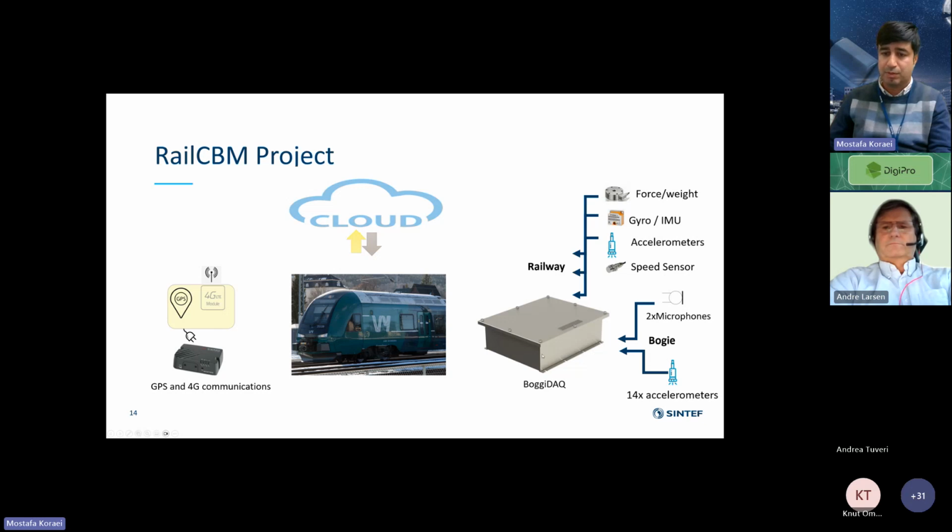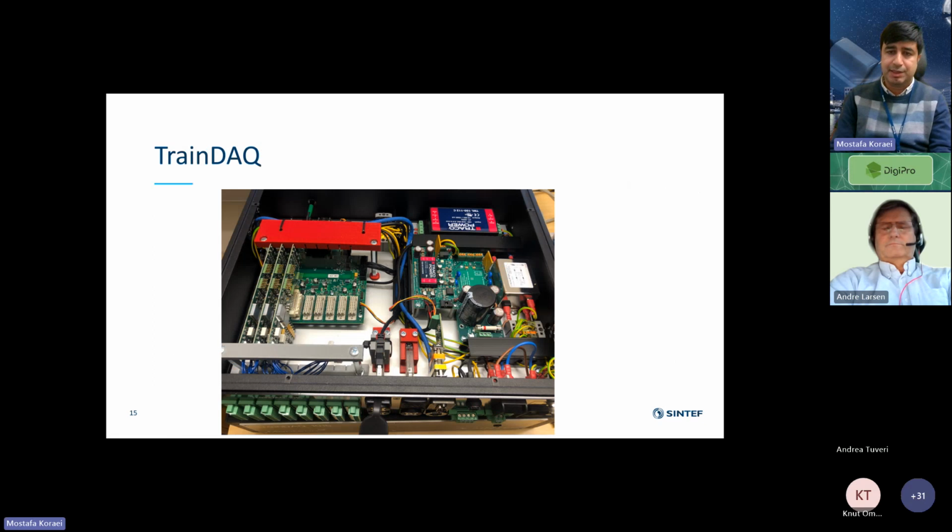Here we have the types of sensors that were connected to the Bogie Deck, and this one is mostly a terminal box installed on the bogie, and then we have another box in the train that I will show you later. Yes, the Train Deck. It's the box that we put on the train, and it has 8 channels. Each channel can accept 2 different sensors, and all of them are